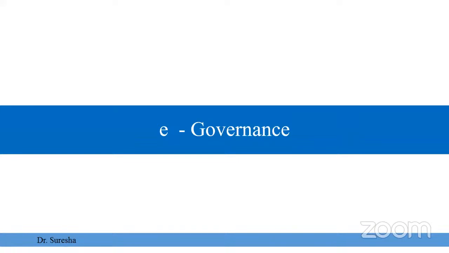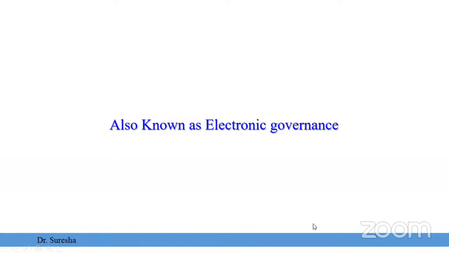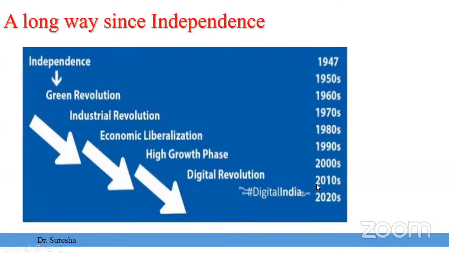Even a common man can understand what information is, because everybody is familiar with it without knowing what it is. Now they understood. So one of the applications of ICT as far as the Government of India is concerned is e-governance. This is where Digital India comes in. So I'm going to talk about e-governance, also known as electronic governance.